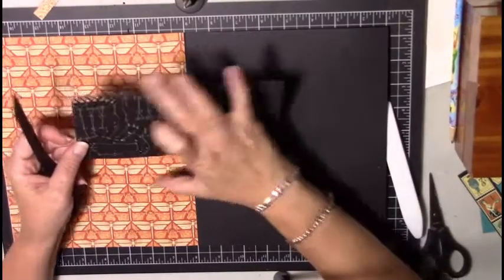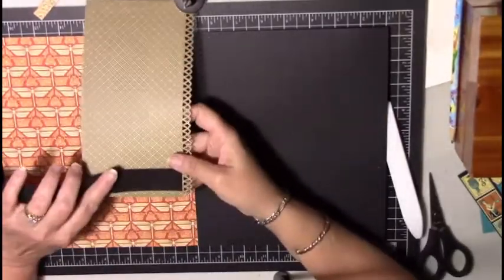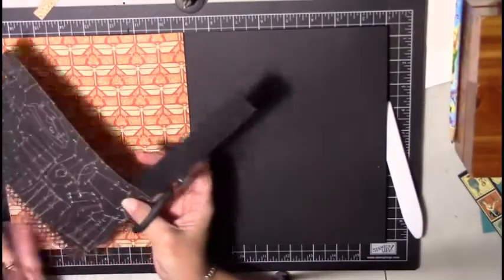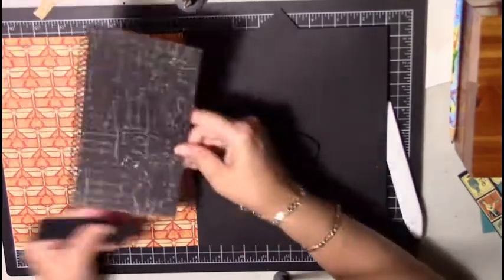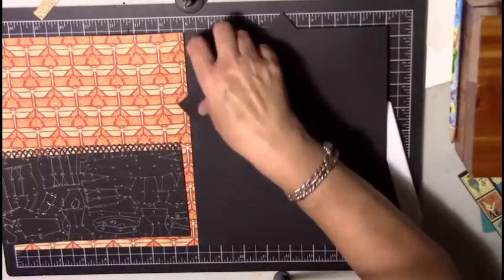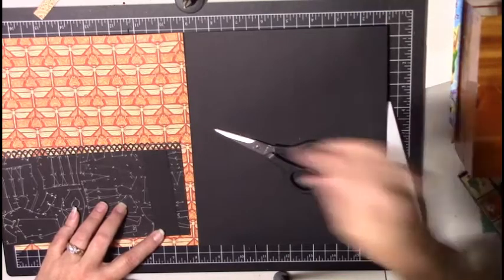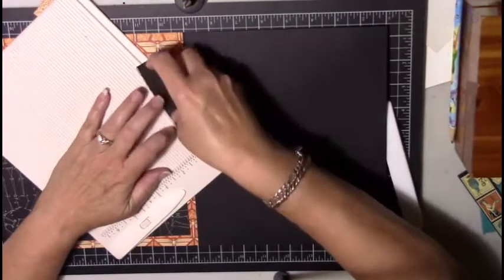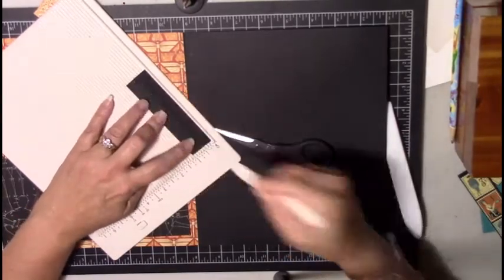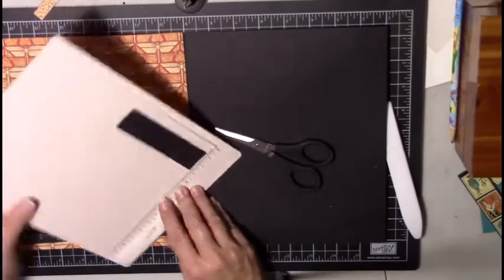Okay, so I've done my lattice arch on there, and I'm just going to line this up just below where the lattice arch is and cut. This is a quick way of getting my, oops, I'm taking this off screen so that I'm not messing up my tabletop with the tidbits that are going to fall off of this sponge thingy. Okay, so this is the length. Yeah, this is excess. And this is 1 inch, so I'm going to go down to 1/2 inch. And that gives me my nice little